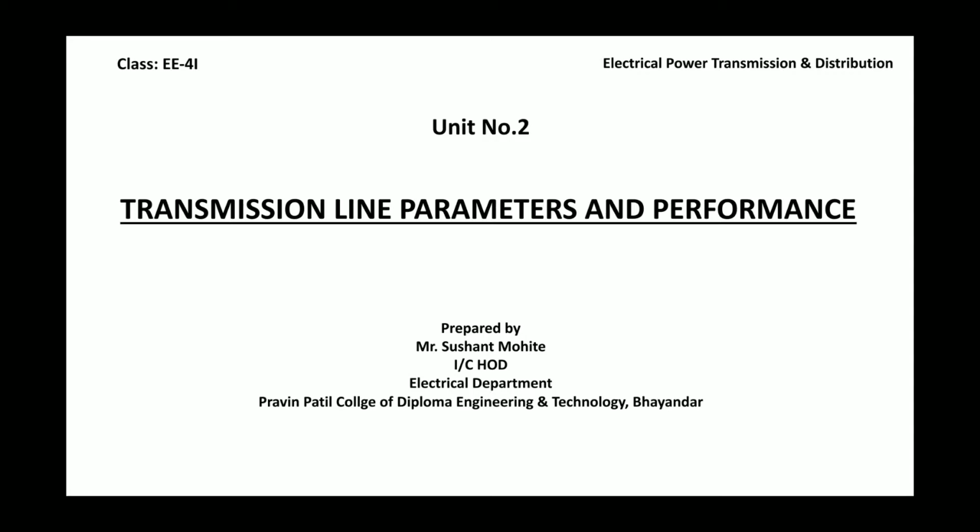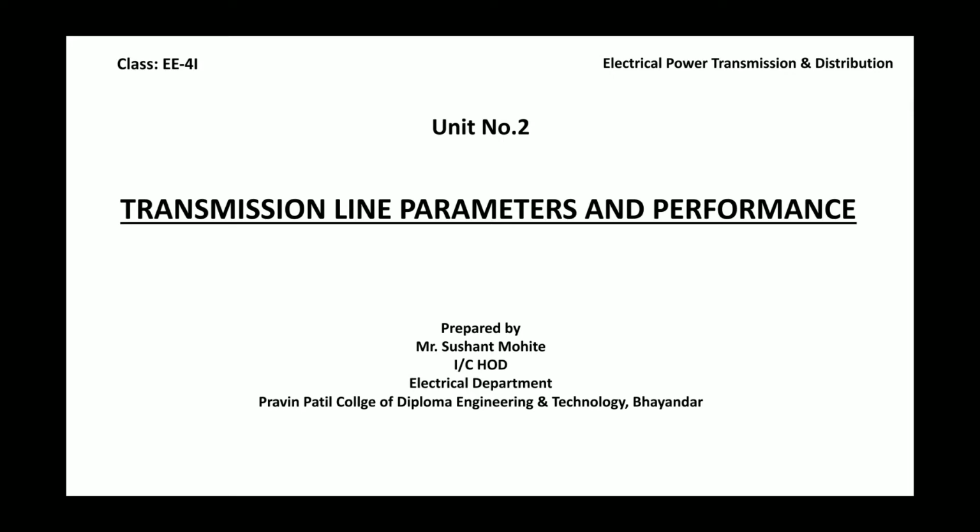A transmission line made of copper, aluminium, or ACSR transmits power over long distances. It is carried by 3 conductors or 6 conductors which are supported and spaced at certain distances from each other. A transmission line is DC or AC. When we consider an AC line, it carries alternating current, and alternating flux is produced around the conductors throughout the length. Therefore, we have to consider 3 parameters: resistor, inductor and capacitor.